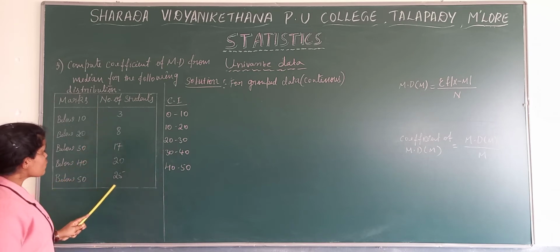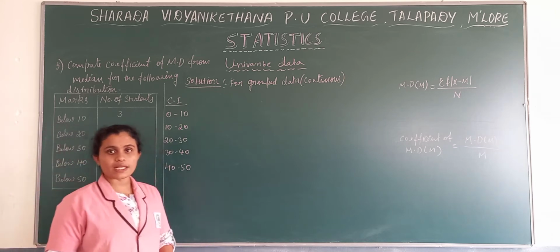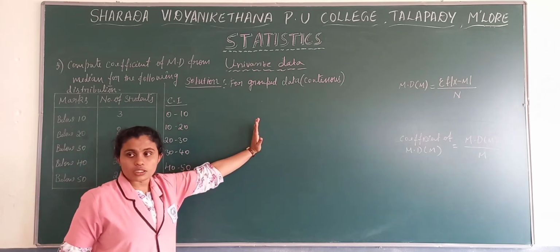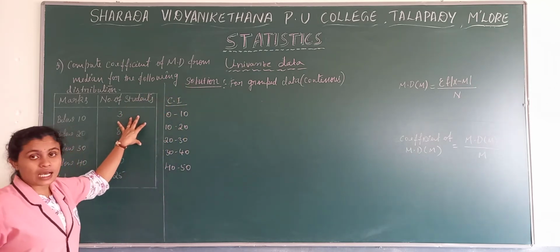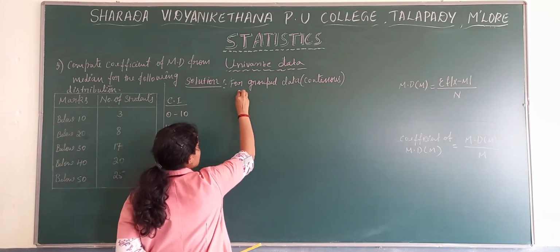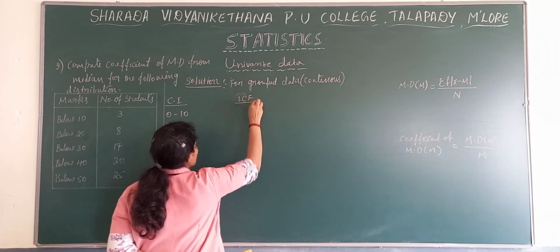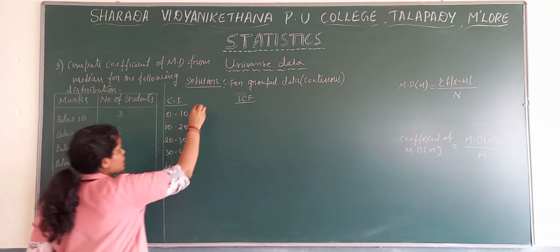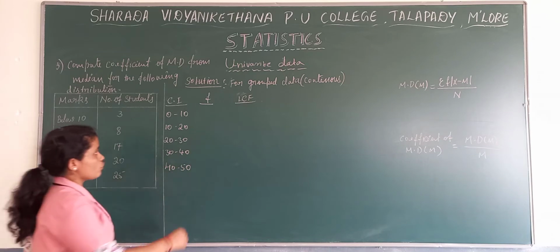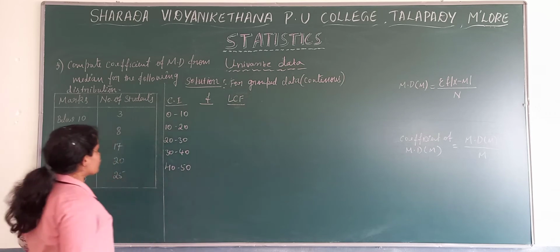As I said, these values are LCF. In case of median we require LCF, but usually frequencies will be given, and from frequencies we find LCF. Here LCF are given. So we'll write LCF here, otherwise you will get confused later when you take the values to find the mean. Here we'll write frequencies as they are, and we'll write LCF over there.